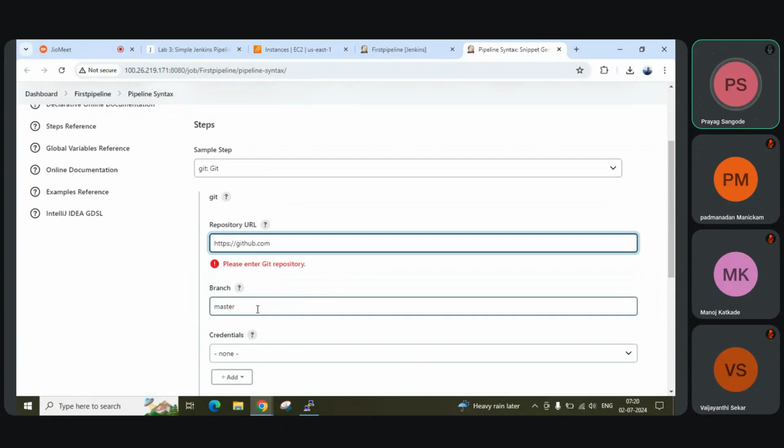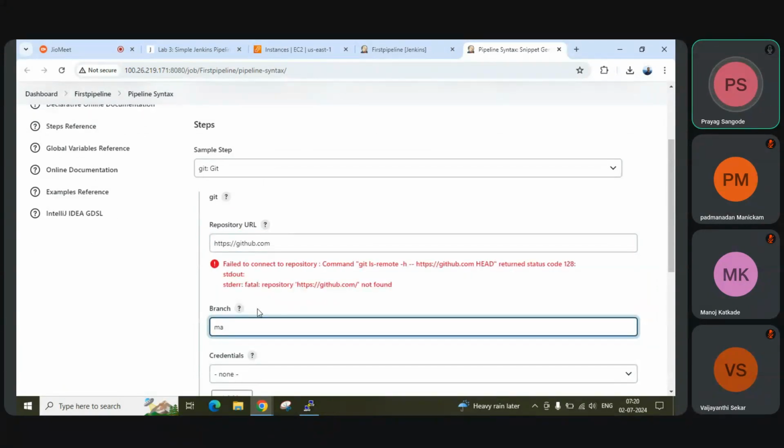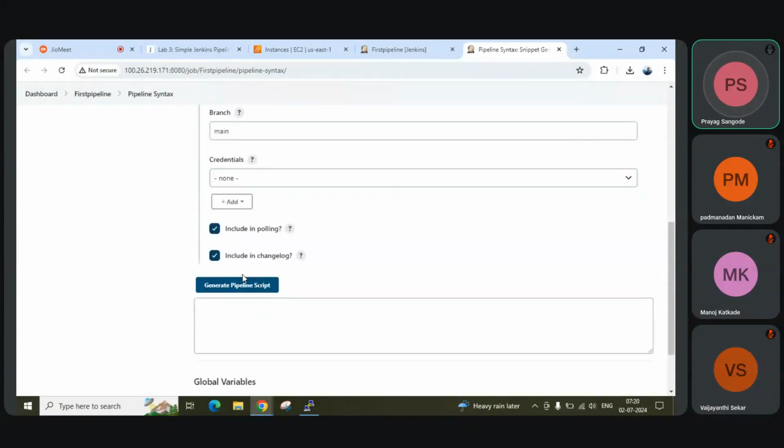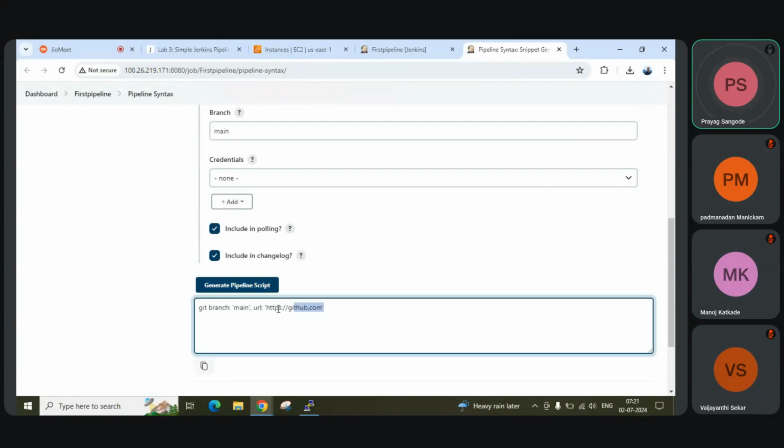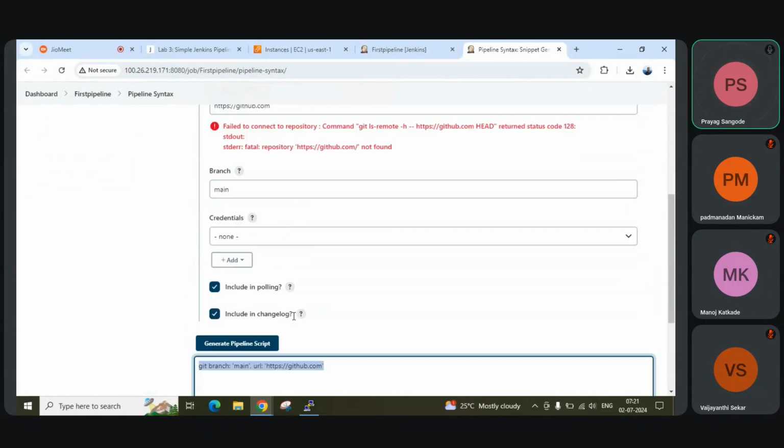Suppose the branch is main. We won't use any credentials. Just click on generate pipeline script. So this line we just add, and it will help us in adding a branch and a particular git URL